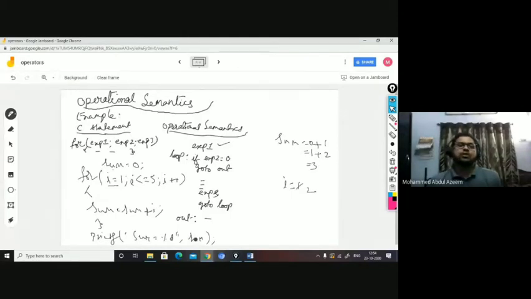Then after that, again you go back to expression 3 as per the semantics. Expression 3, then go to loop, right? So i++ becomes what? i becomes 3 now. Again, the condition is going to be tested. 3 less than or equal to 5 is true. Again, you will be allowed inside. Then sum = sum + i, which is nothing but 3 + 3, will become 6 here, right?